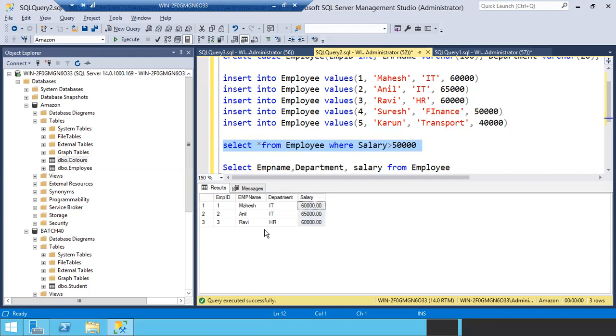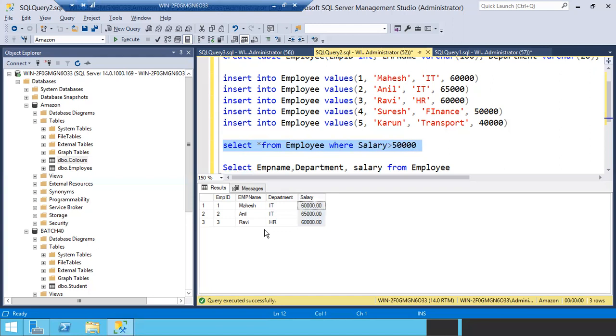Tell me. You tell me first. Forget about less than, greater than. I want to pull all the employees who are drawing less than 40,000 in my employees table. What is the query for that? Select star from employees where salary less than 40,000. That's it. Now is it clear for you?